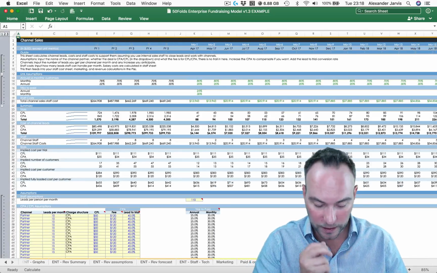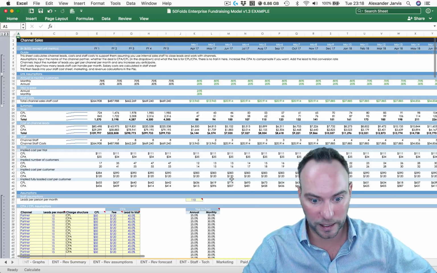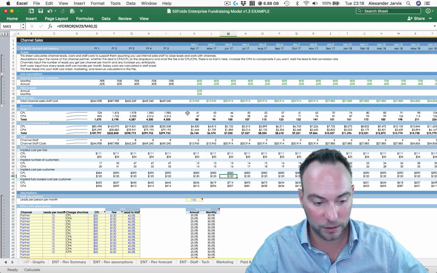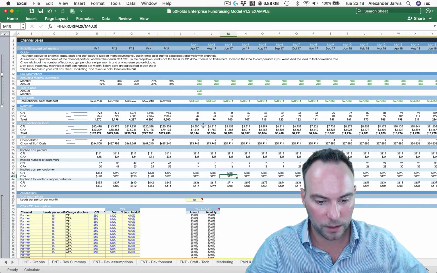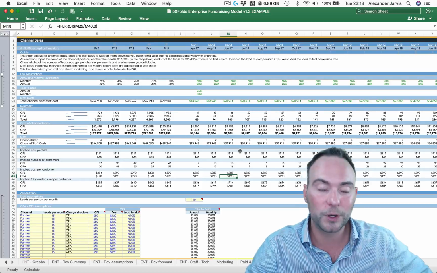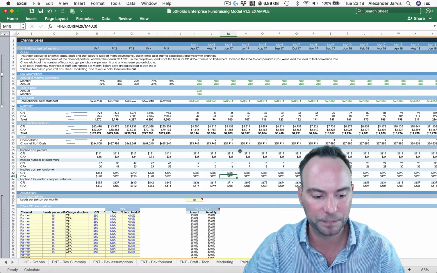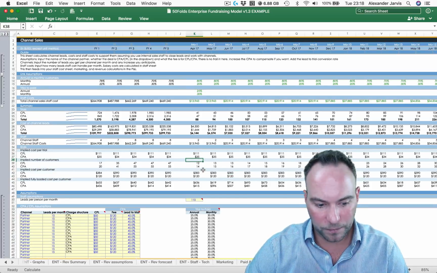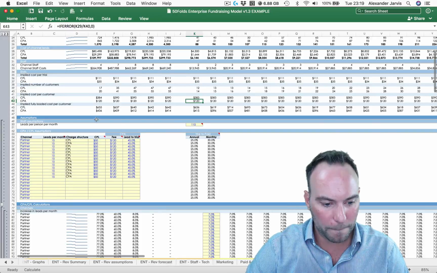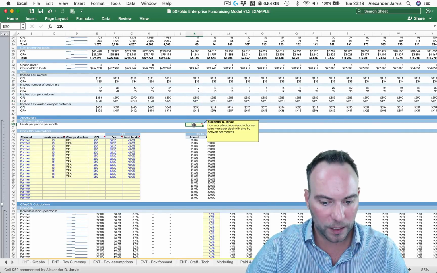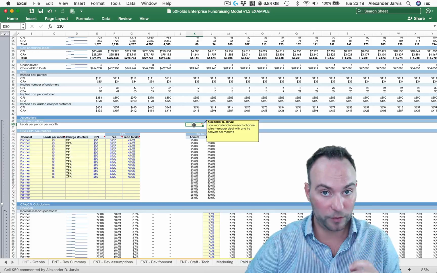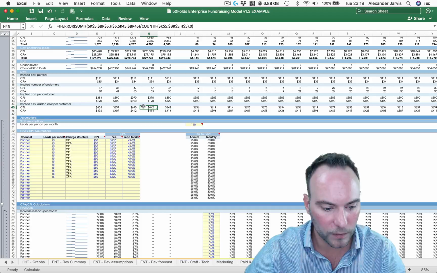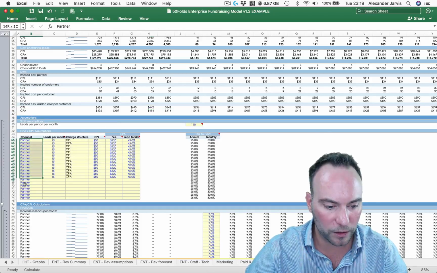Now, channel sales. This is a relatively easy sheet to do if you've got the data set. Whatever link assumptions comes in, we see the CPL you can do on a CPA basis. You can see how much you're spending, how many. You need to have staff for channel sales, by the way. Hopefully you know that. So you can see whatever your ratios are coming in. So how many leads per month can each channel sales manager manage? Okay, so if you're going to get 5,000 coming in and you can do 100 a month, you're going to need 50 people.